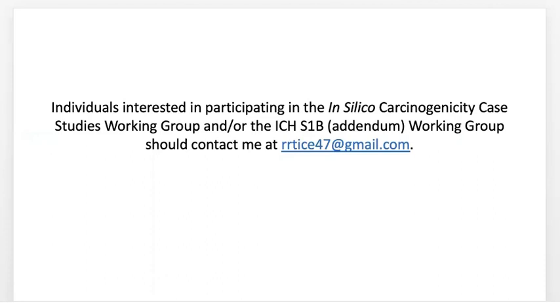So this is where we are. We are very strongly respectful and appreciative of the 10 key characteristics and how they might allow us to start looking at other ways of predicting carcinogenicity, and in terms of developing computational methods that could be used to help in that particular effort. And then we started working on case studies, and we're starting to do this integration of the 10 key characteristics with the weight of evidence for the ICH S1B addendum.